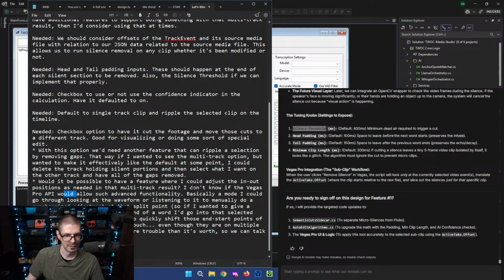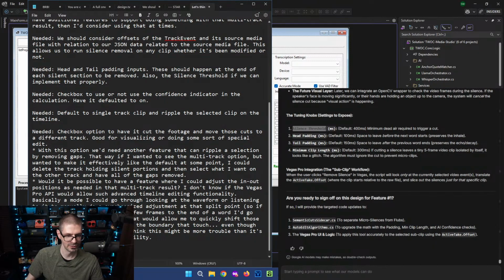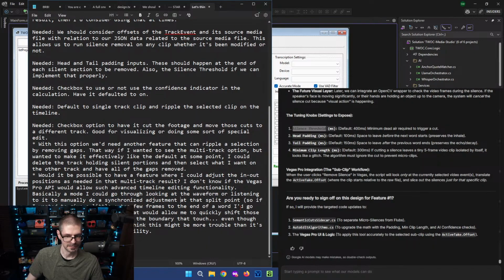I don't know if the Vegas Pro API would allow such advanced timeline editing functionality. Basically a mode you go through looking at the waveform or listening to it manually to do a synchronized adjustment at the split point.